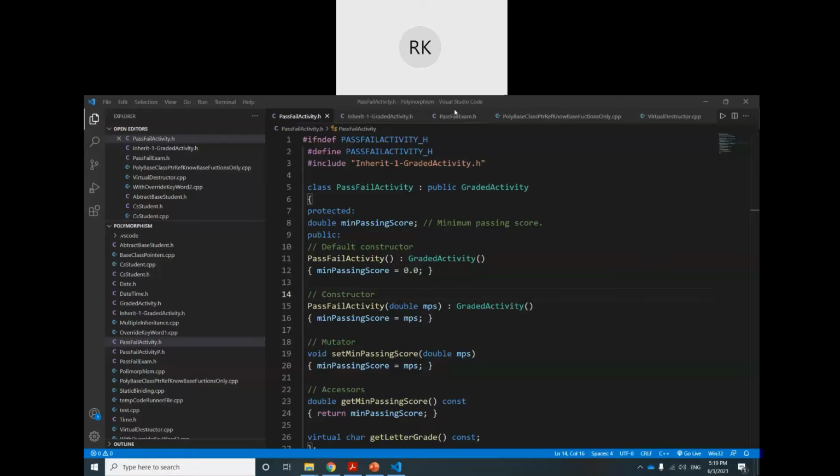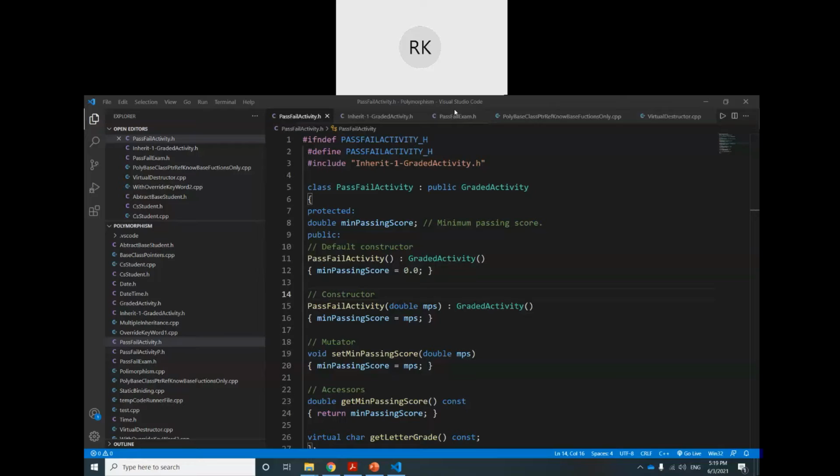So the array has a parent class type, but we are storing one parent class object, another child class object, again a parent class object, and a child class object. So it is an array of 4 objects, and 2 of them are base class objects and 2 of them are derived class objects. You should not be confused. Every array must have a data type, like integer array, float array, but in this case this array is of grade activity. Okay, so grade activity array.